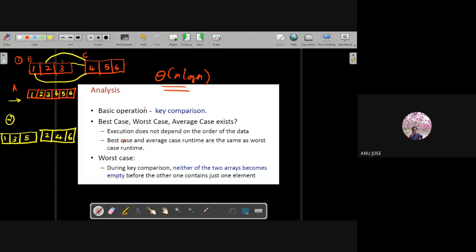In this case, you see again the same thing. The number of elements is the same in both arrays. Only the order has changed. We'll see how this works.